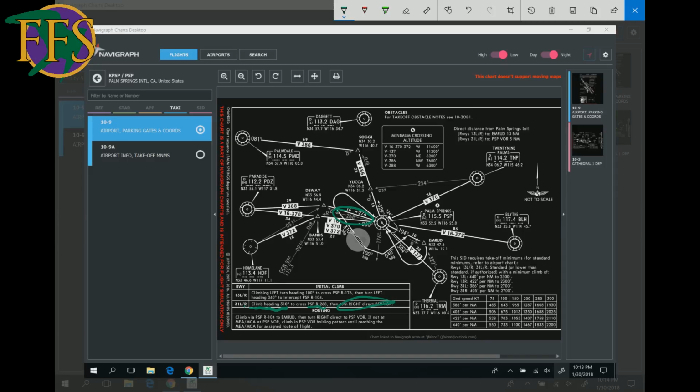Okay, so that part's easy. Tower 135 Tango Hotel, taxiway Hotel, requested taxi to East General Aviation Park. So we'll take off 310, cross the radial, come back to Palm Springs. Then we'll fly on the radial